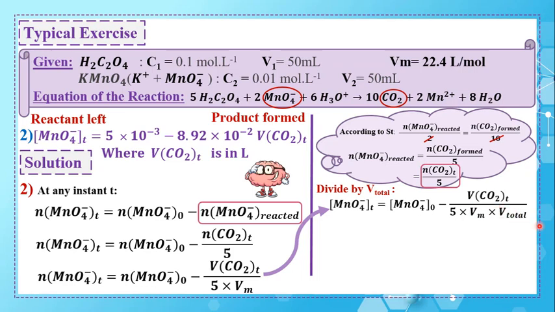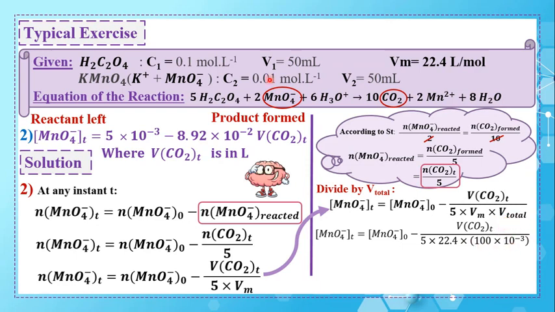Okay, so V total appears here, since I don't have number of mole to have concentration. Now we are going to put the numbers. 5 times V molar, 22.4 liter per mole. Pay attention that V of CO2 is in liter, so I am obliged to put the V total in liter